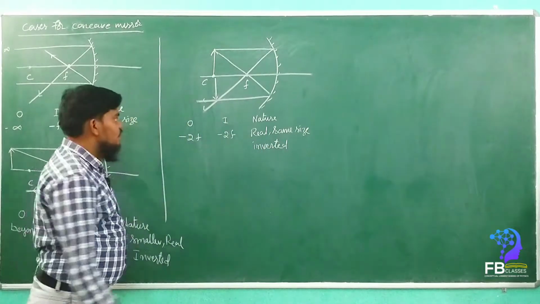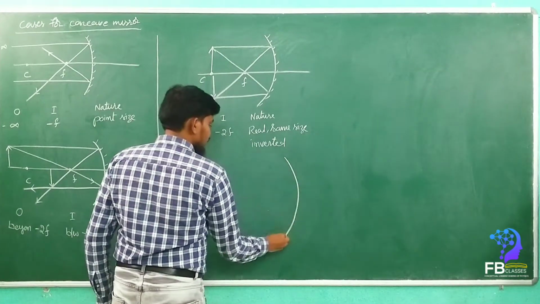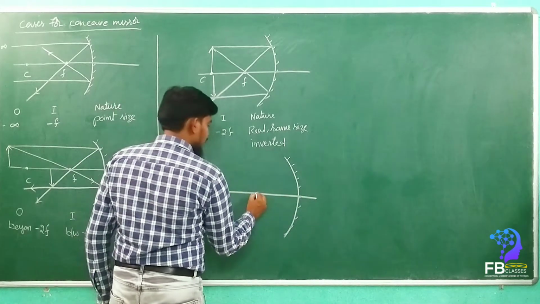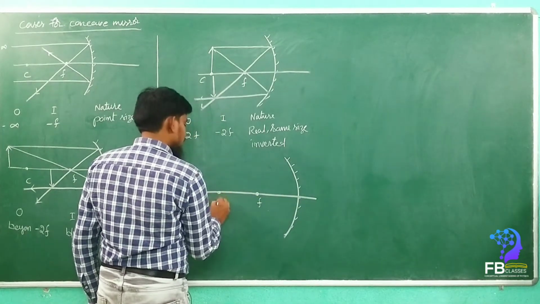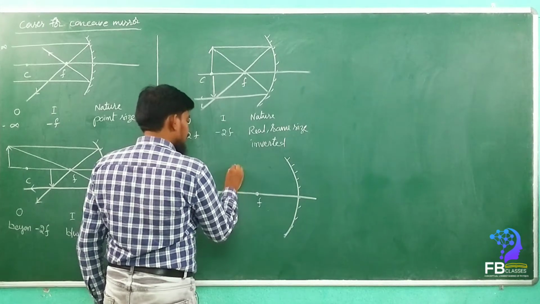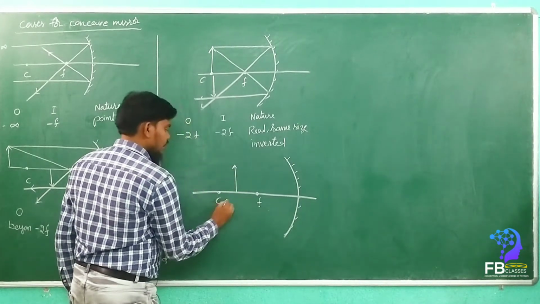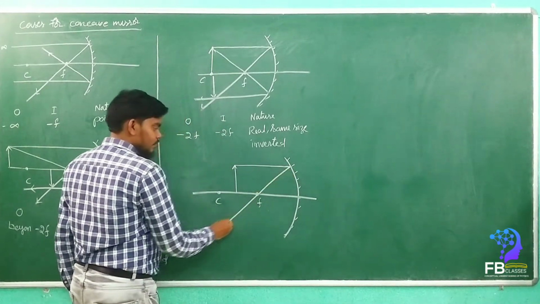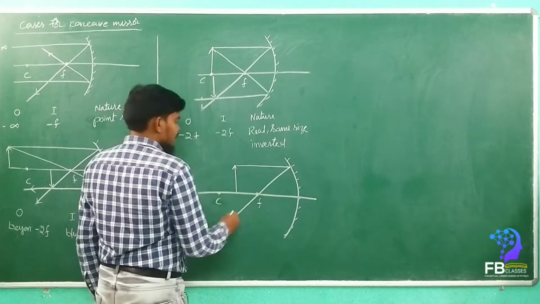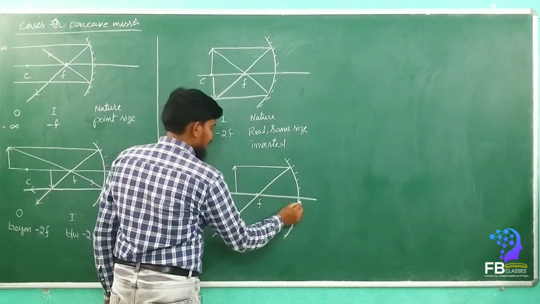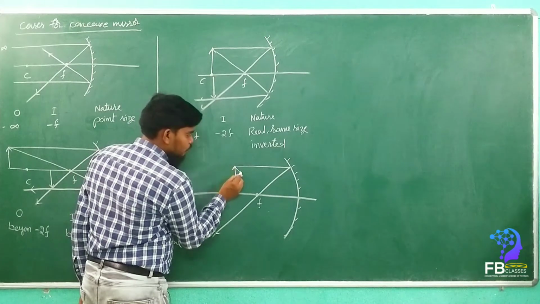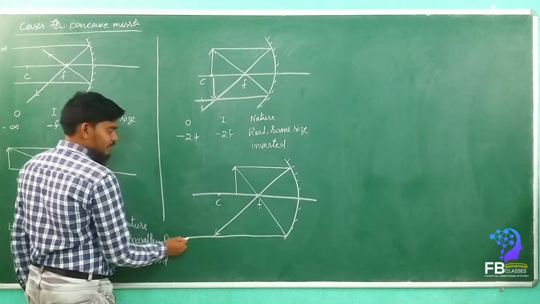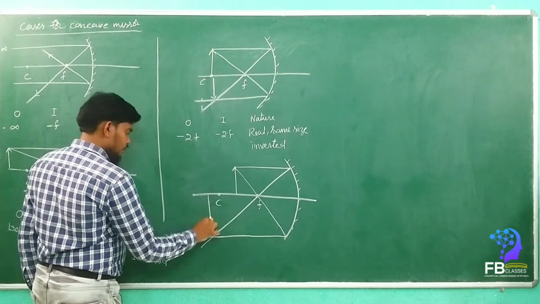Got it? See here, if you take another case, so this is the concave mirror. Okay. So now let this be the principal focus, this is the center of curvature. Now the object is placed between C and F. When the light rays travel parallel to the principal axis, it will be reflected back through the principal focus. Now second, when the light rays travel through the principal focus,